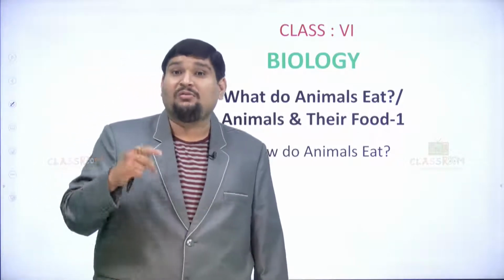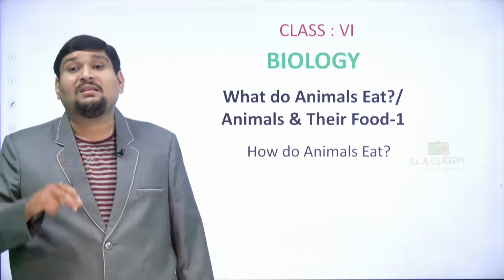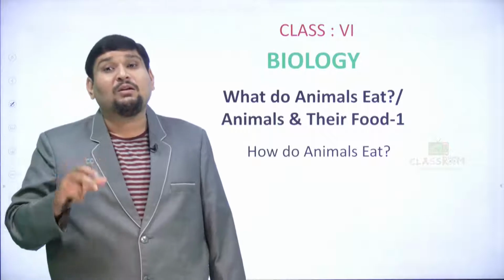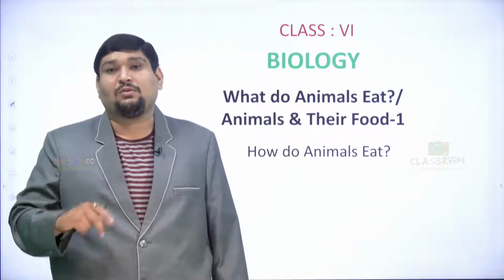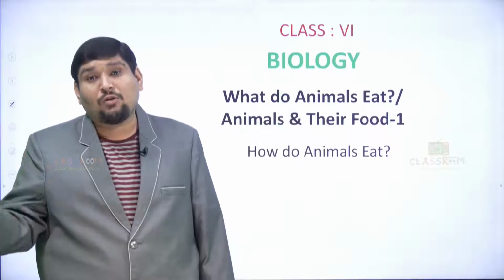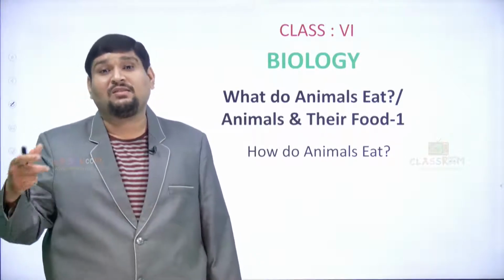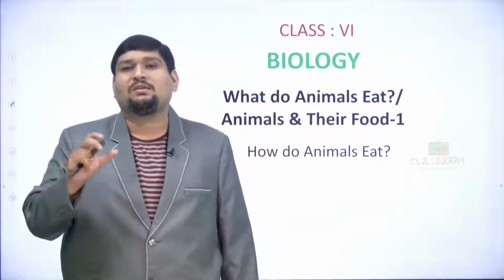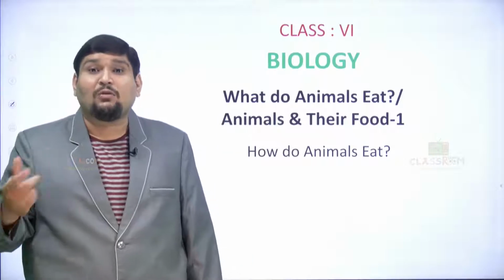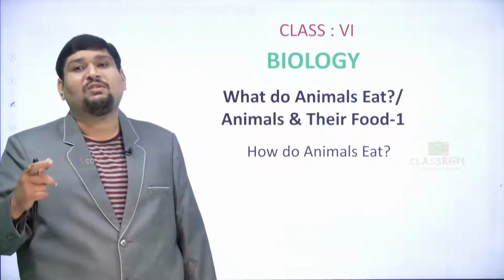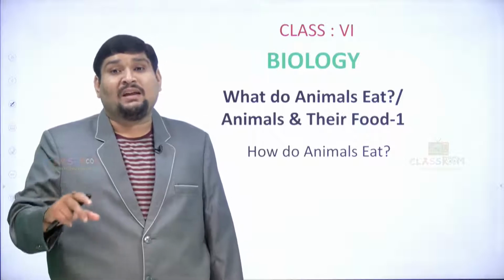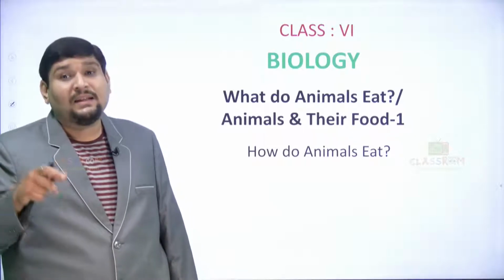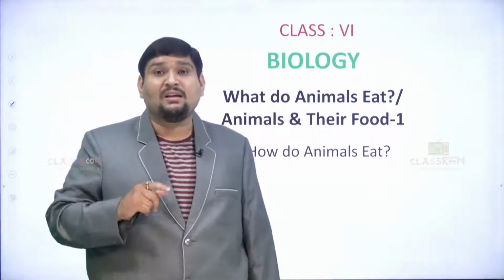It's not the same. They differ from one another, and so does the variety of food items, because all the existing living organisms will not take the same variety of food. They take it in different forms and by different means, but you will not find that they take only one kind of food. So let's see in this chapter how these animals take their food by different modes and ways. Let's start.